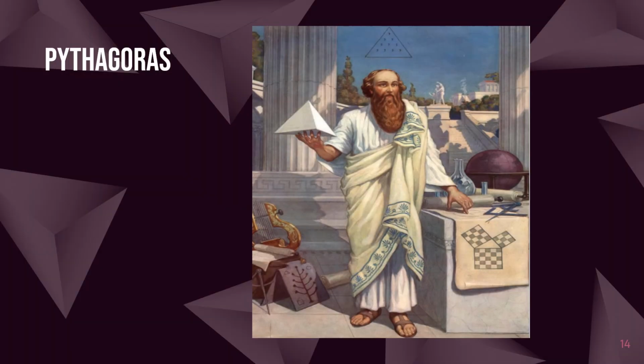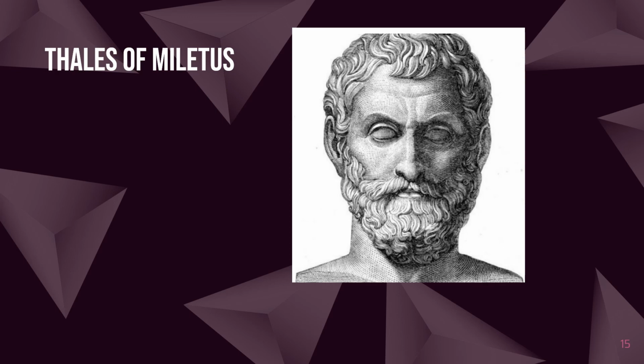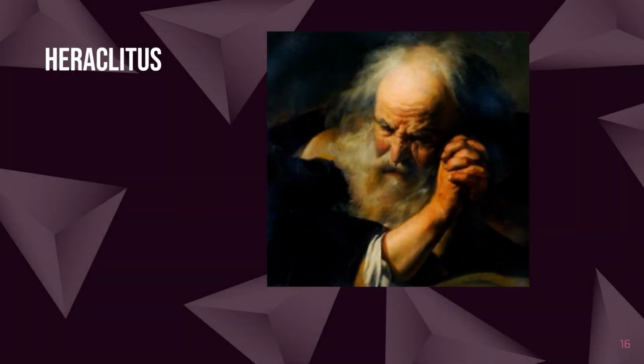First, we have Pythagoras. He is the first person to name himself a philosopher or lover of wisdom. Next, we have Thales of Miletus, the first person to explain the world and universe outside mythological concepts. And then we have Heraclitus, who believed that the world originated from the fire element. He proposed that everything that exists is based on a higher order or plan, which he called logos.